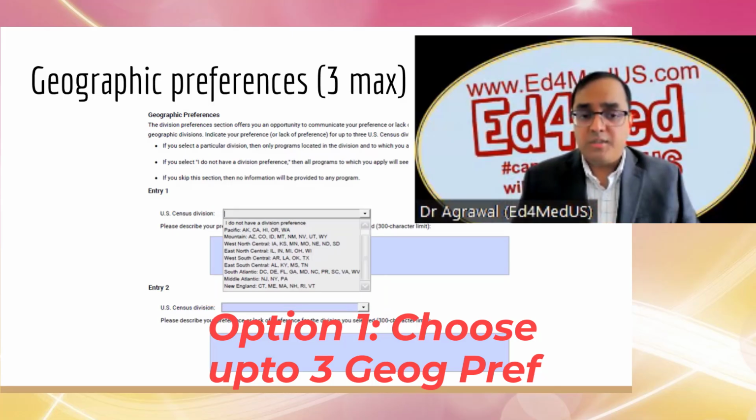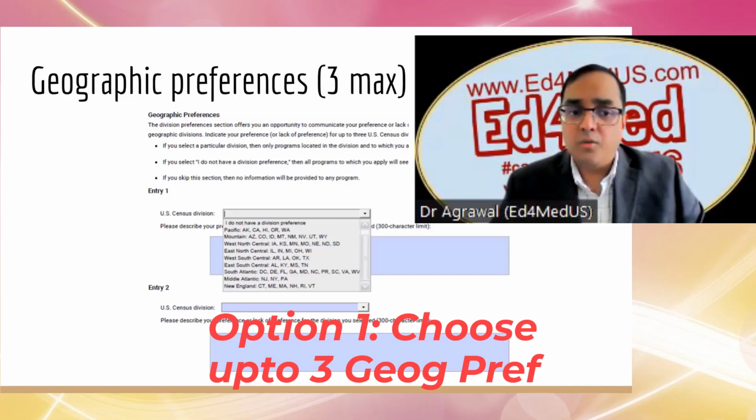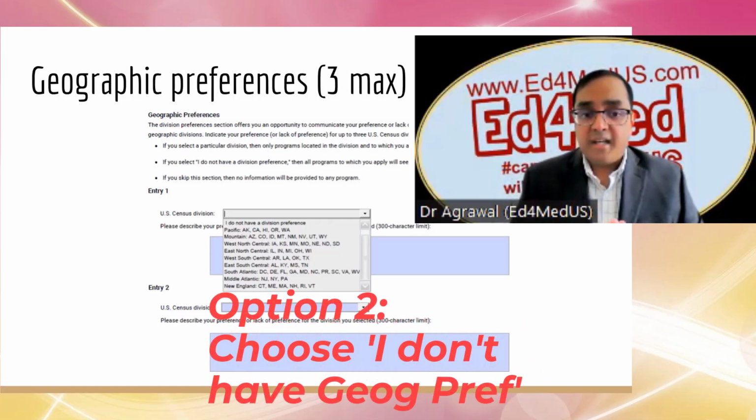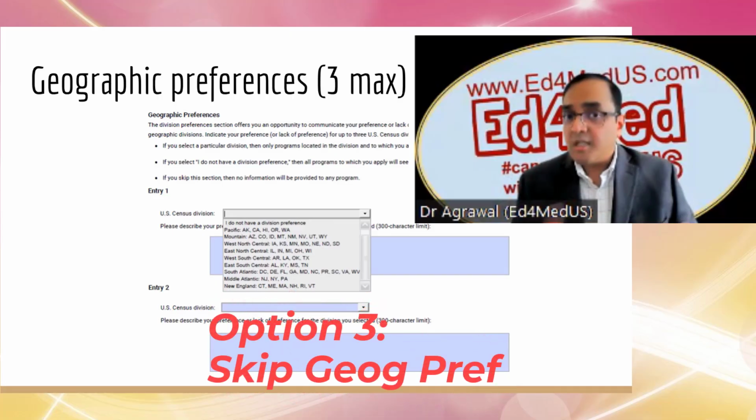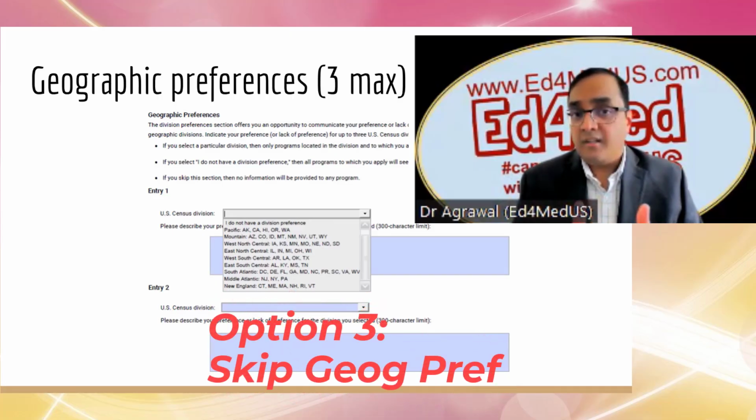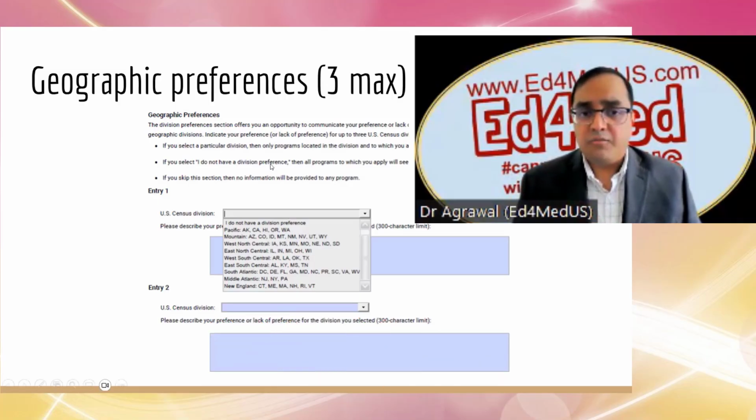And whenever you do that, you have to give a description, and I'll share some examples there with you. You can choose to say, I do not have a division preference. Again, you'll have to write some narrative about that. Or you can skip this section completely, and then no information will be provided to any program. So you have a couple of options.